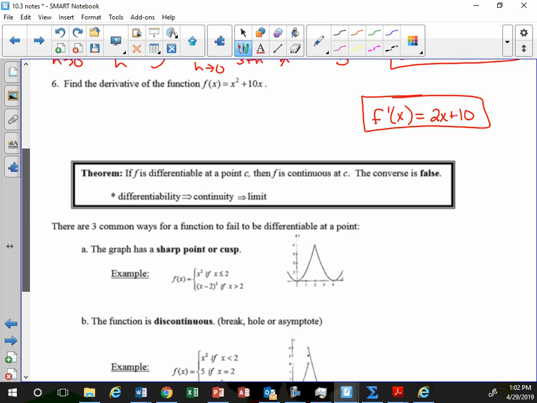I'm saying find the derivative. I've given you the answer. I want you to do the definition of the derivative to see if you get to that. So limit minus